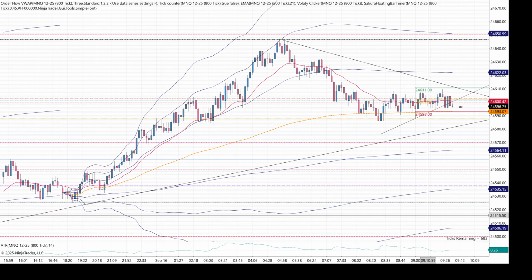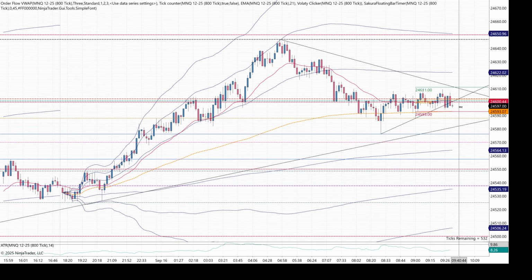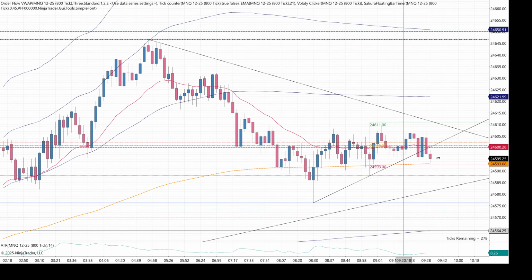Either scenario is possible. Also, both scenarios can be possible. You can do one or the other. I've seen that happen before. We're going to be trading what the market gives us and kind of go from there. But right now we're kind of stuck in this tight range. And I think when the market opens, we'll probably get out of that range one way or the other.